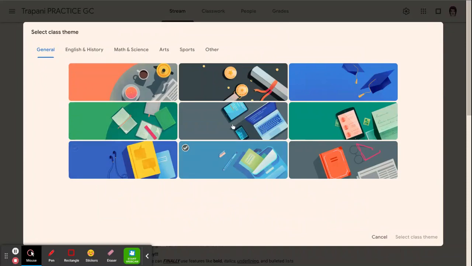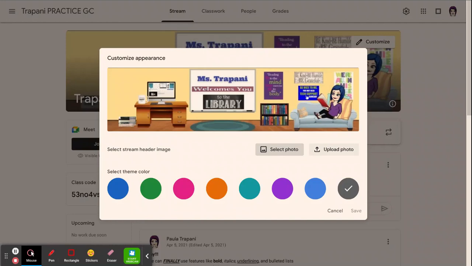If you wanted to choose one of their pre-made ones, or you could create your own. Of course, you could do it inside Google Slides or another program like that. Canva has a bunch that are already made, and you could just tweak them to be personalized for you. Again, I have a video, I believe, from last year on how to create a Google Classroom banner using